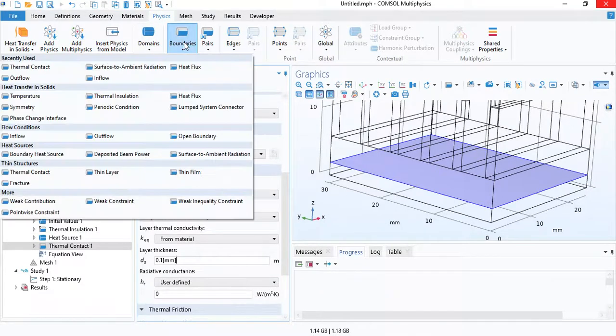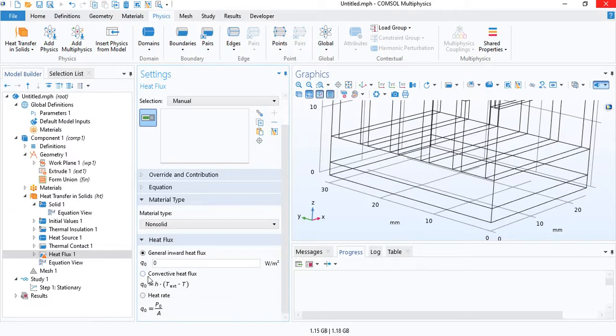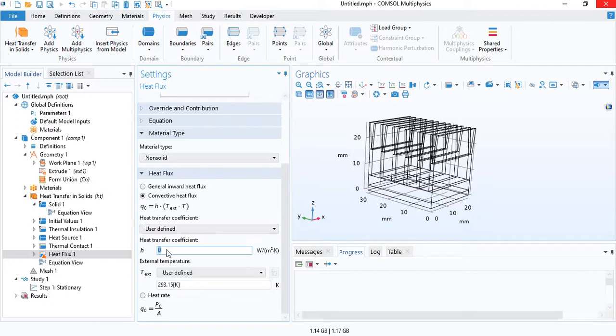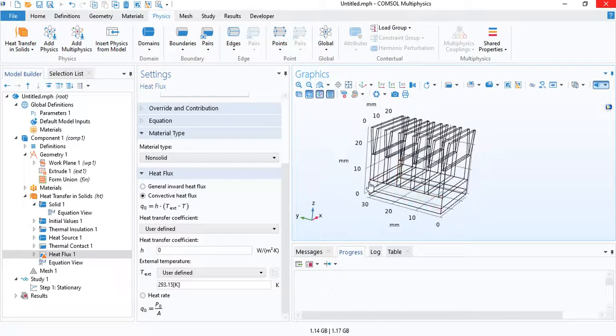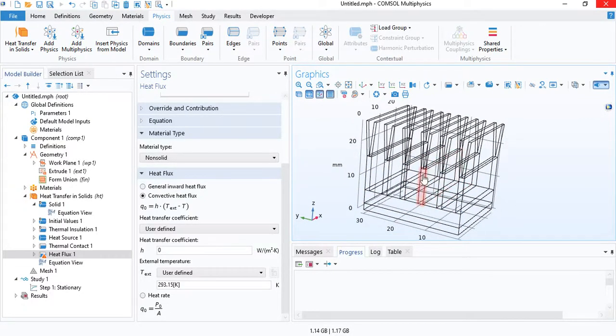And now we need to insert a boundary condition for the convection. So insert heat flux. If you want to approximate the heat transfer coefficient with an average value, you can do that. We will only do it for a few surfaces here. Since the geometry is simple, you can approximate the vertical parts as being plates and the slanting parts as tilted plates. So from heat flux,